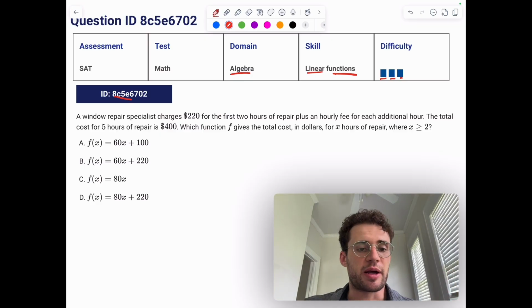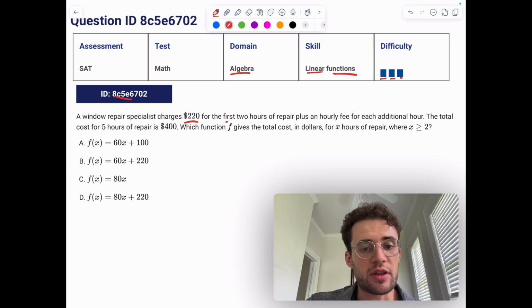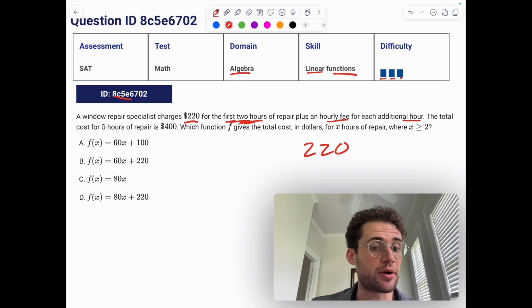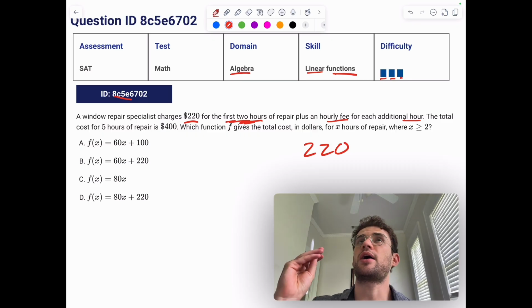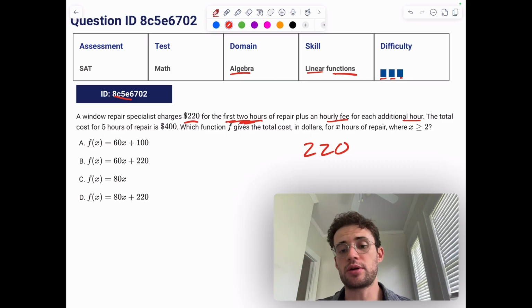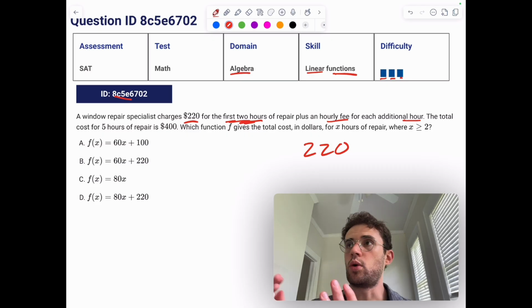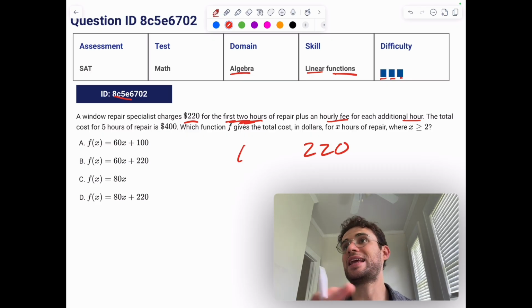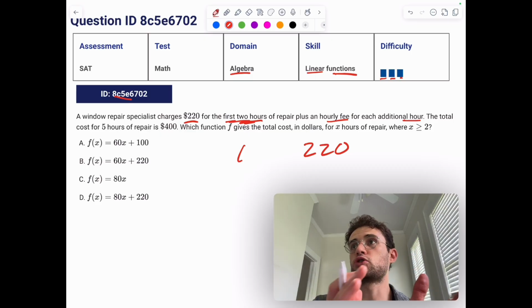A window repair specialist charges $220 for the first 2 hours of repairs, plus an hourly fee for each additional hour. The $220 is kind of like the y-intercept here, except note that includes the first 2 hours. So if you were talking about the number of hours after 2 hours, then $220 would be your y-intercept. But since you are technically not getting charged for those 2 hours, it's like you can subtract the 2 hours